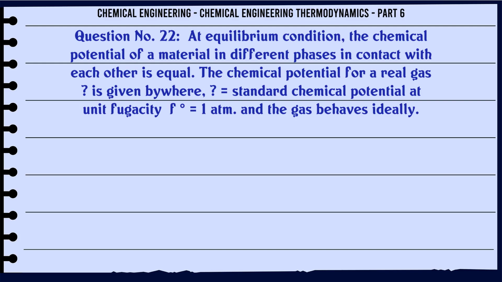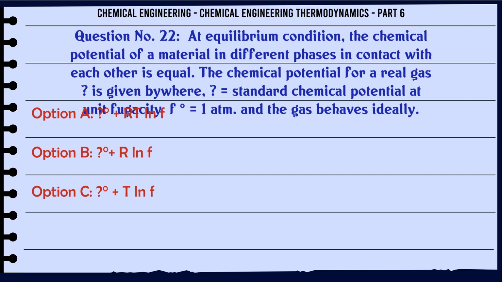At equilibrium condition, the chemical potential of a material in different phases in contact with each other is equal. The chemical potential for a real gas is given by, where μ° is the standard chemical potential at unit fugacity (f = 1 atm), and the gas behaves ideally. A) RT ln f, B) R ln f, C)